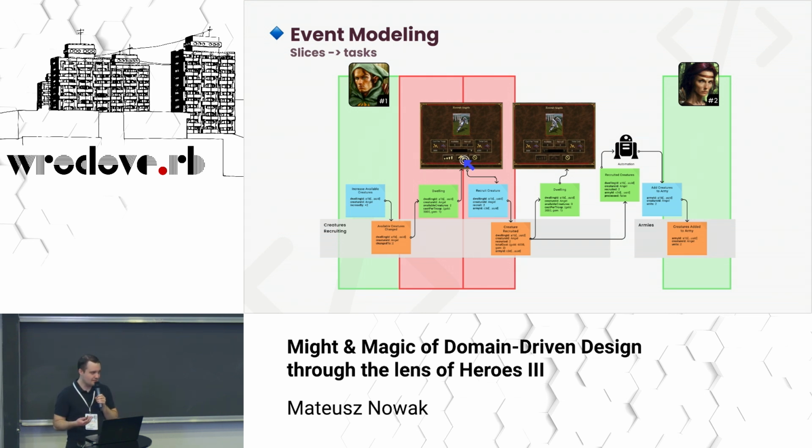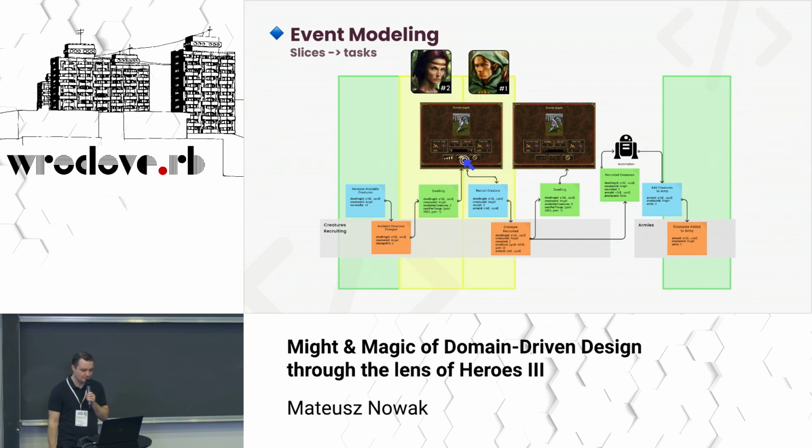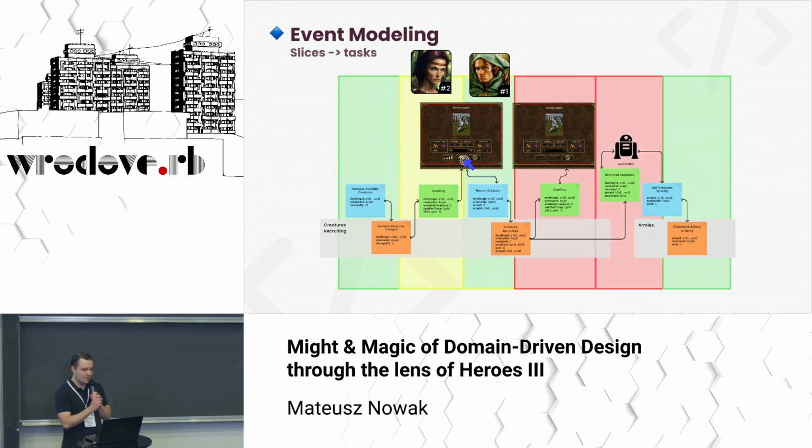Still, events are also the contract between slices. So we can proceed to the right slice, which is the recruit creature, because those write and read slices are also independent thanks to CQRS. So there we can also work at the same time. There is no dependency. So we have two developers, and when the next slice is done, we can do the automation part, because as you see, still the event is a contract.